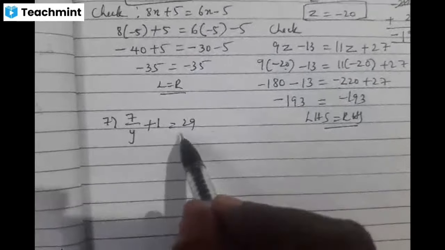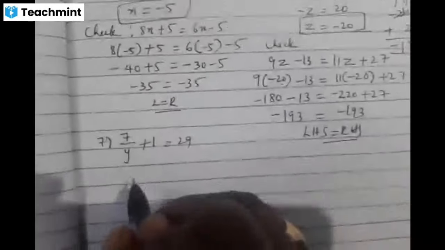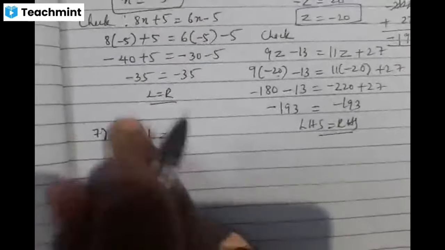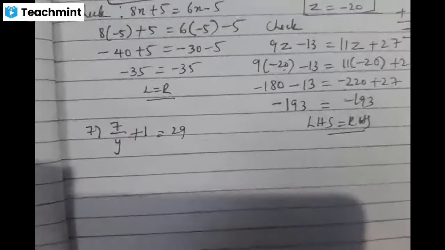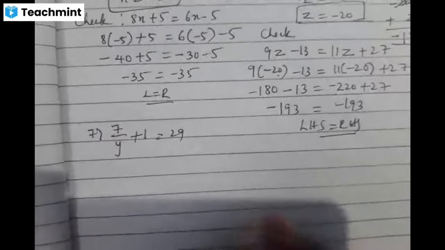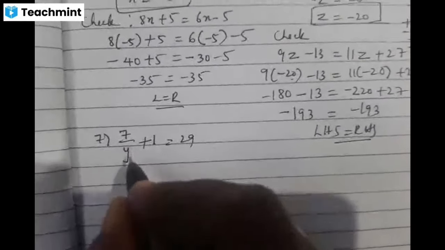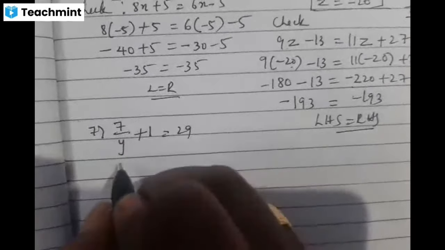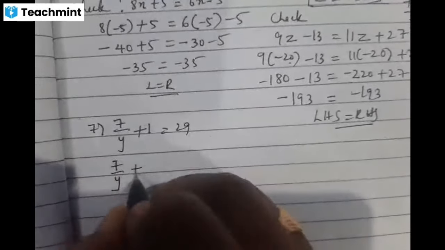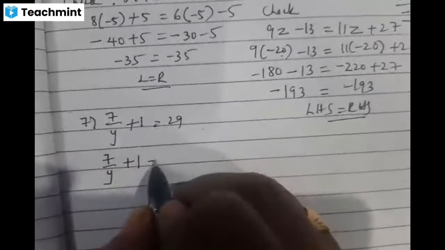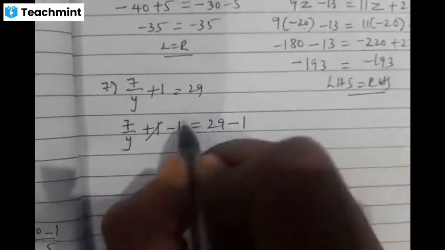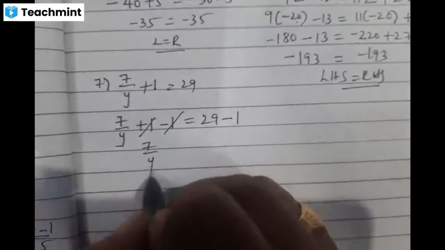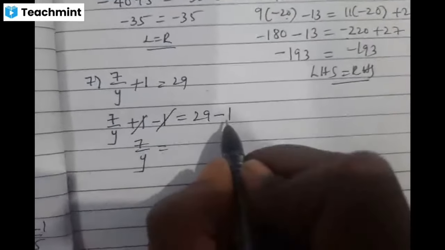7 by y plus 1 is equal to 29. Now this is a little different from the previous question. Here we have a rational number like this: 7 by y plus 1 is equal to 29. So what I do here is, I write this as 7 by y plus 1. I want to remove plus 1, which means I have to add minus 1, and again in the right hand side minus 1. Plus 1 minus 1 get cancelled, so 7 by y remains. And 29 minus 1 is